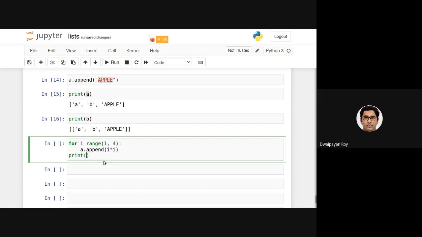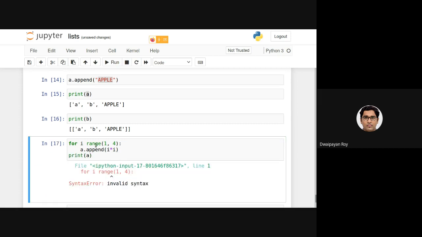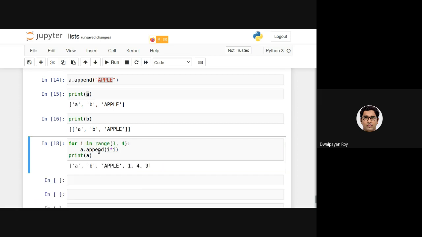Now if I print A, it is containing AB apple, which was earlier there. Now it is appended with 1, 4 and 9, basically 1 square, 2 square and 3 square.